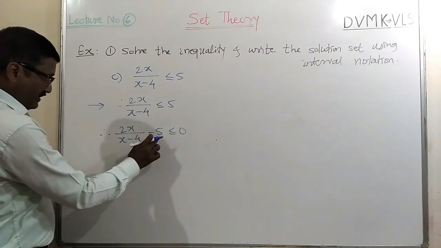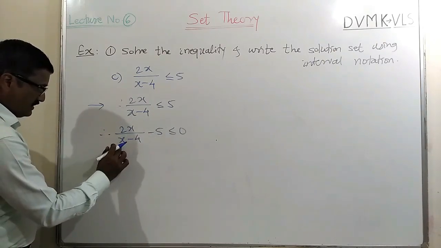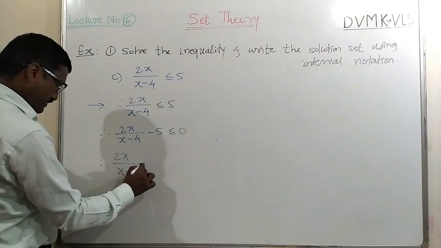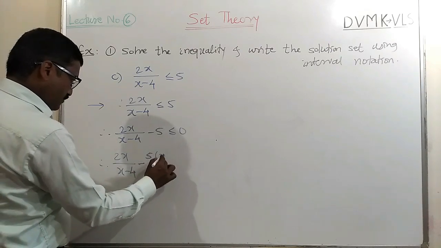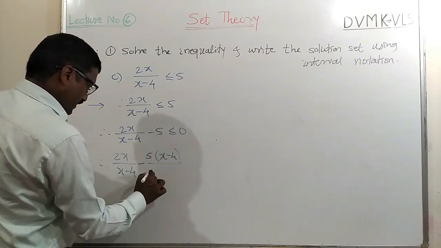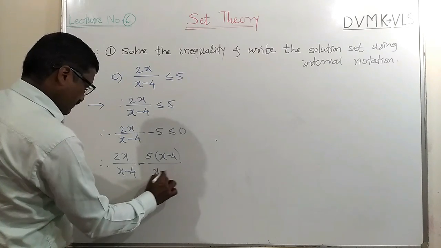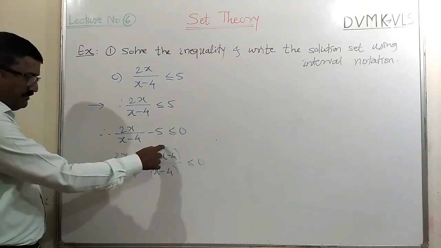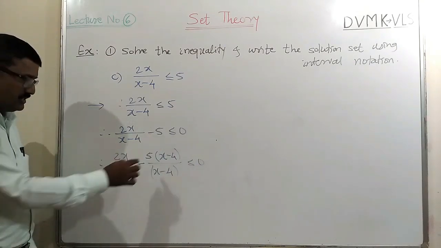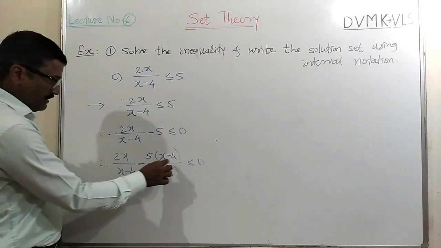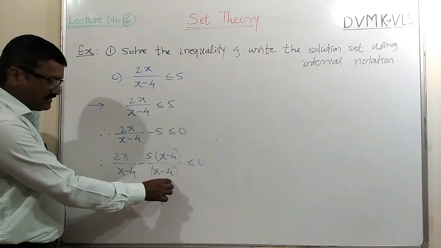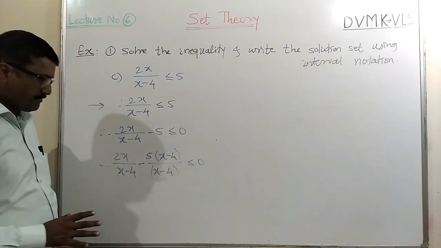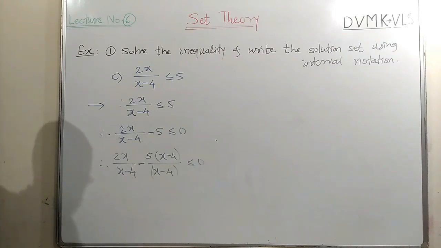Now at this stage, x minus 4 is unknown, so we can multiply this 5 by x minus 4 and divide by x minus 4 on the same side. Why? Because although it is unknown, we are multiplying and dividing, so there is no change in the number 5. Even if x minus 4 is positive, this positive will cancel. If it is negative, the negative will also cancel. We get the negative 5 as it is. Okay. So this is a valid calculation here.